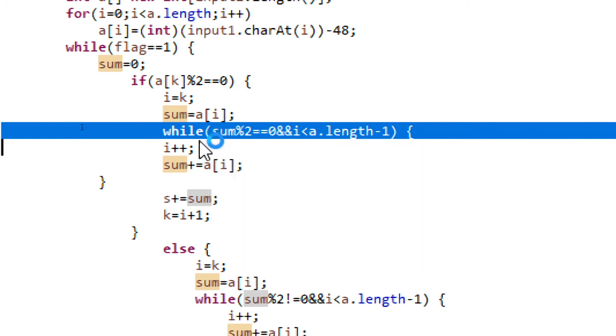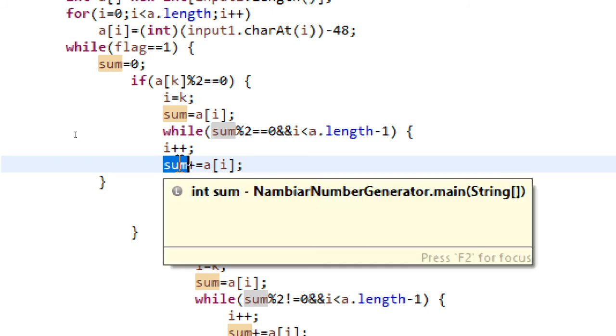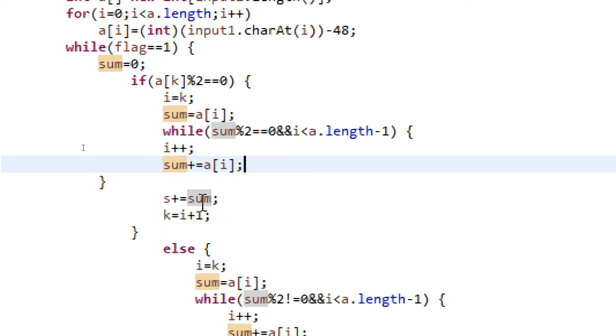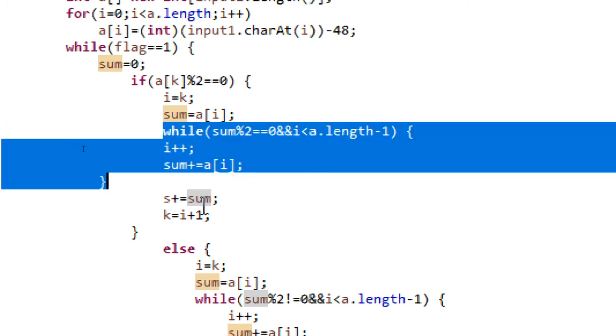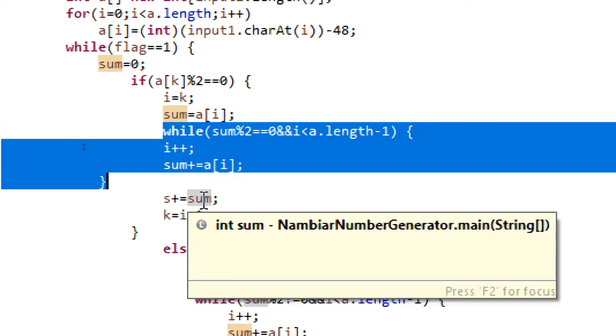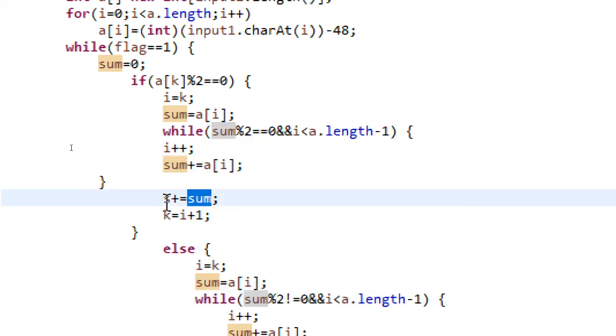So until that I'm just calculating the sum, and then if this while loop is broken, you got the opposite state, which is an odd sum. So that sum I'm storing in the string variable s, and then I'm incrementing the k. As I already said, k I have taken to increment the pointer, the pointer which will be moving forward.